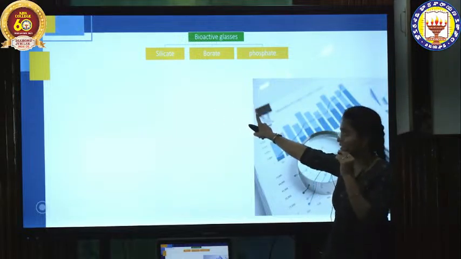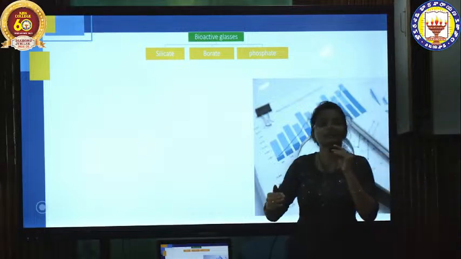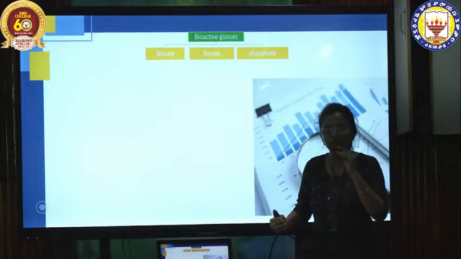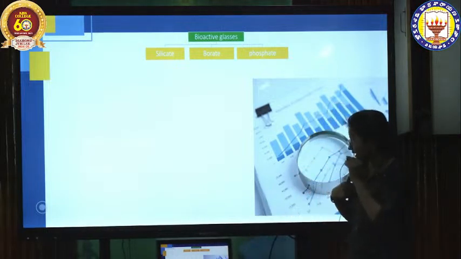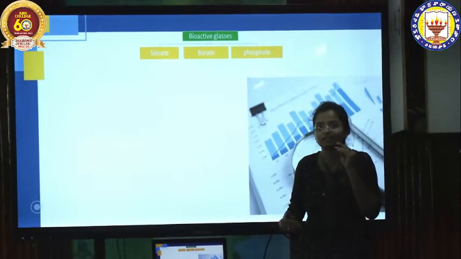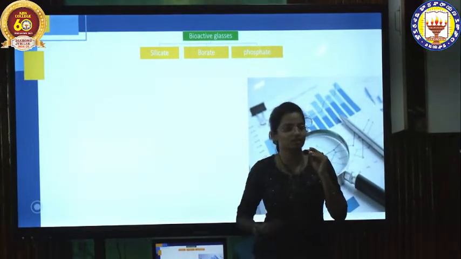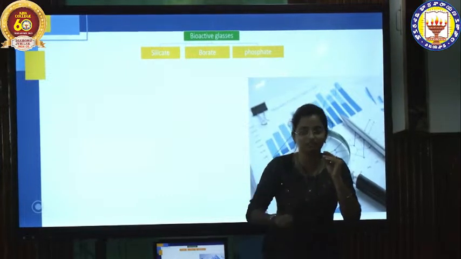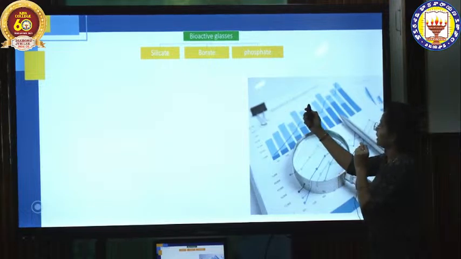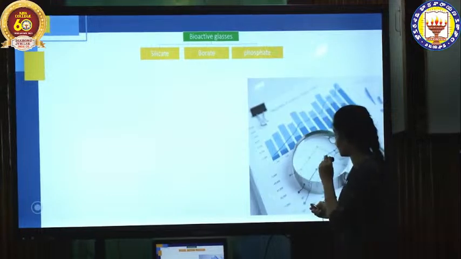We have silicate based glasses, borate based glasses, phosphate based glasses, each of them having several advantages as well as several limitations. We can alter the limitations according to our need by adding modifiers or actinides, lanthanides, also rare earth materials, each of them having specific application-oriented targets. So we know about silicate, borate and phosphate. In my work, I have chosen phosphate based glasses because